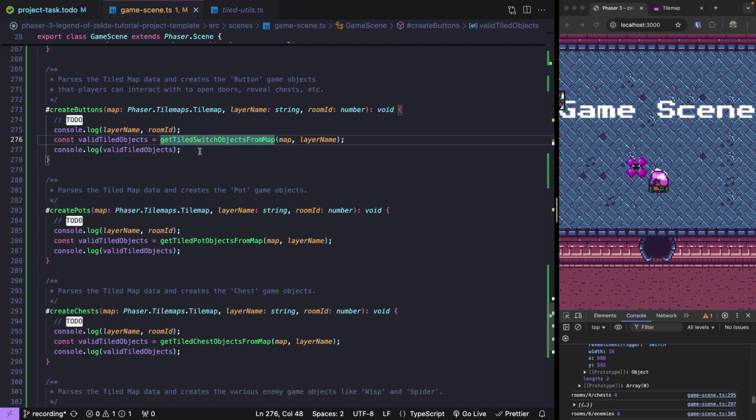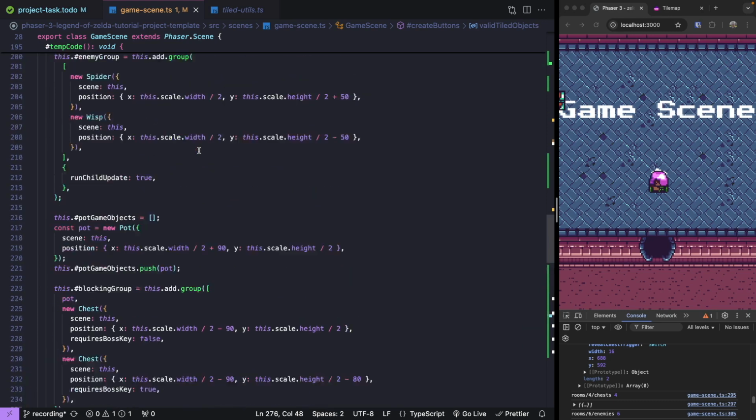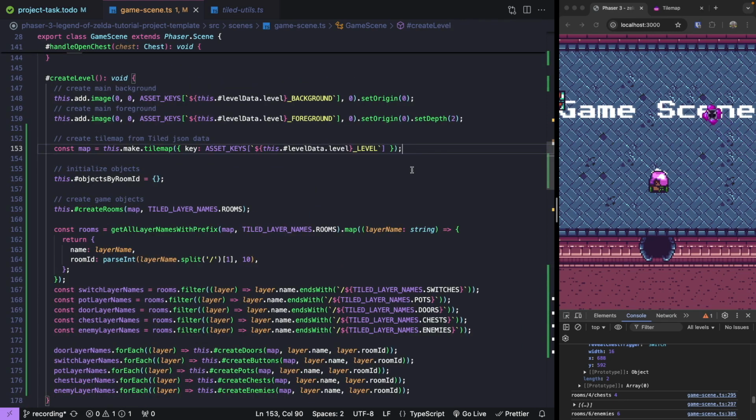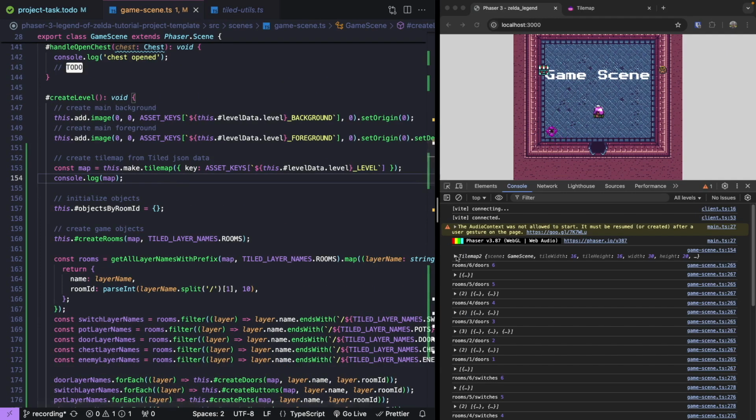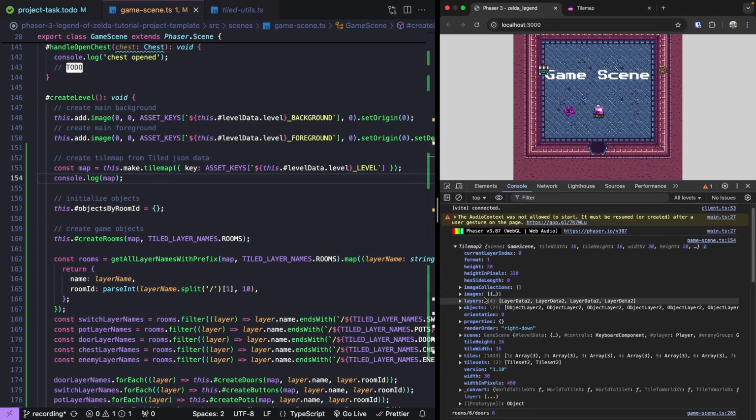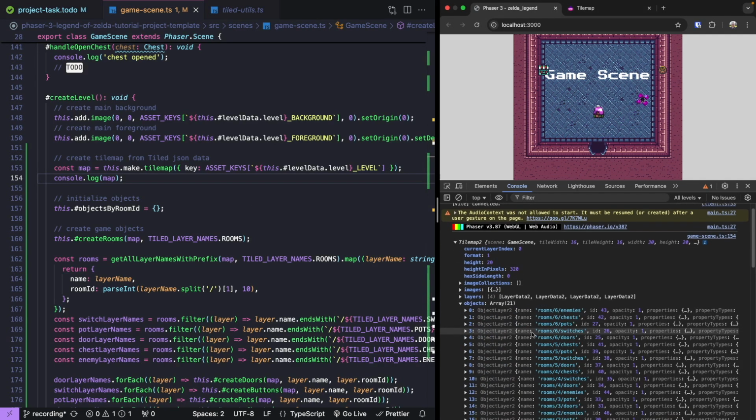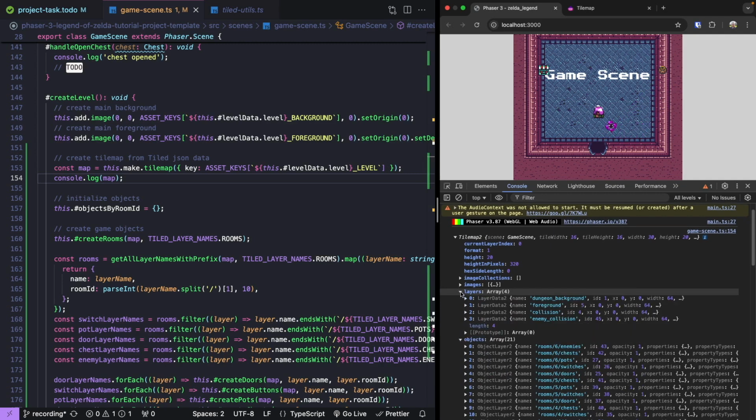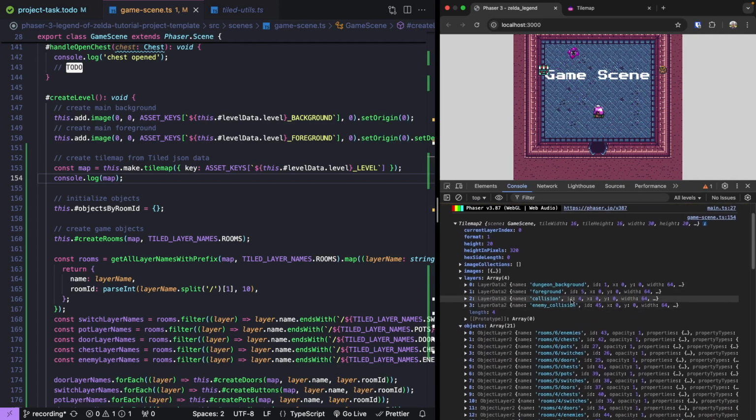So let's come back to our game scene. Let's come up to our create level method. So now to add a collision layer to our game, we need to use our tile JSON data. So in our tile map that we create in Phaser, so far we've been working with our object layers. And we want to do a similar thing for our layers array where we find our layer for our collisions by its name, and then we use that layer to create what's called a tile map layer. The tile map layer is an object that gets added to our game that has all of the tiles that exist on that layer,